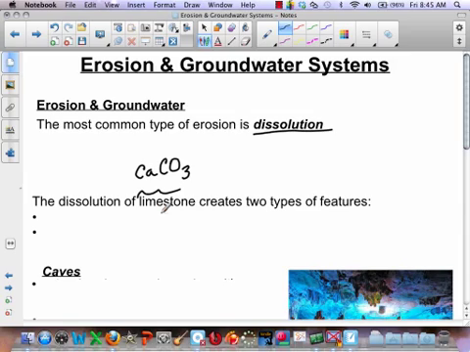If you guys remember, that's when we took the hydrochloric acid, put a little bit on the rock, and it started to bubble. You guys remember doing that? All right. Water does something very similar. It takes a lot longer to take place, but it does the same exact thing. It's going to dissolve away the limestone, and it releases carbon dioxide as a gas. But then it has this calcium